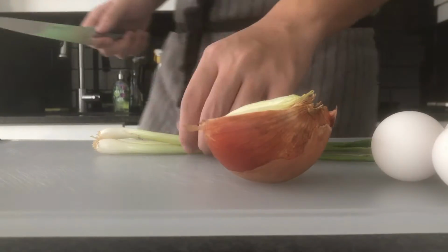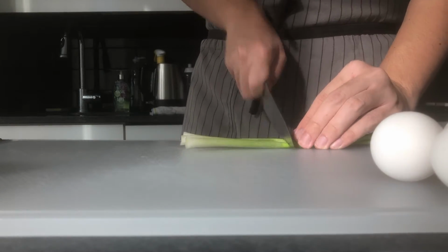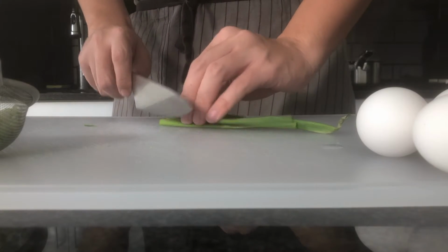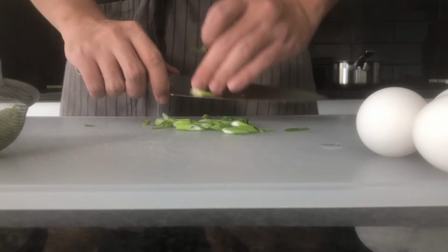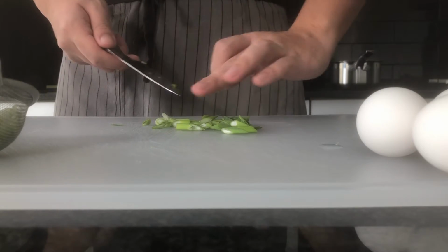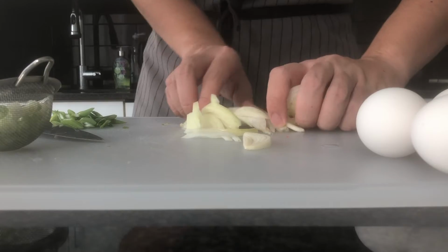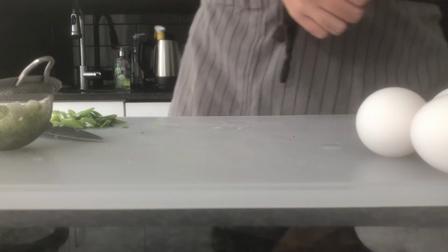All right, next up, I'm just gonna prep the rest of the ingredients. I'm gonna separate the whites from the greens. Now for the green parts, I like to slice on a bias. You know, you get these almost like diamond-shaped pieces. Onion's gonna go straight in there. So the prep is almost done. Last thing to do is just